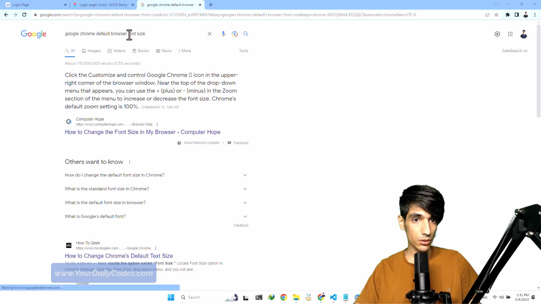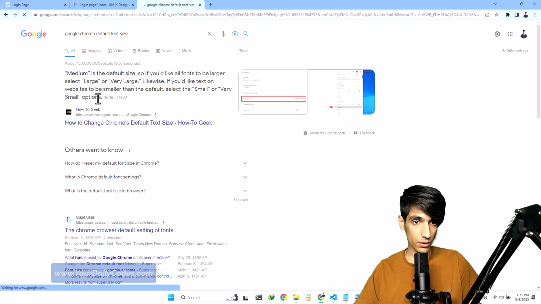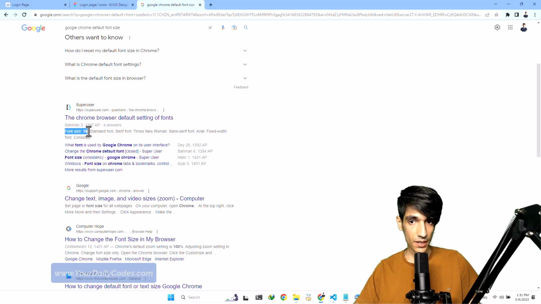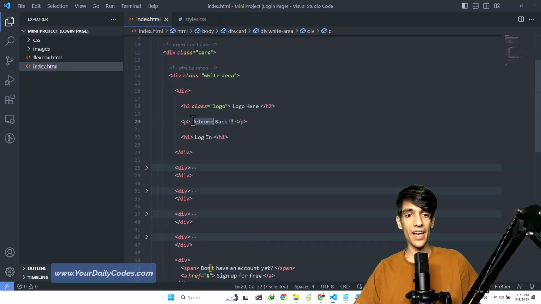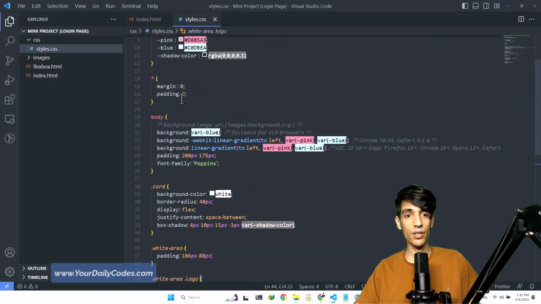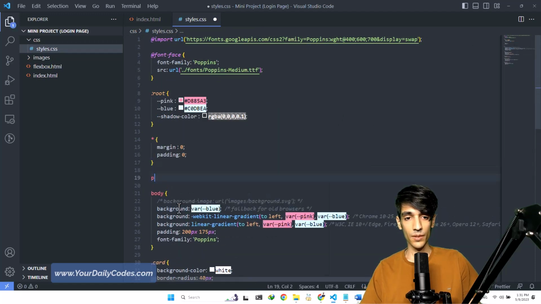Google Chrome default font size, it is 16 pixels maybe. Yes, font size 16 pixel. So it is using 16 pixel, but to ensure that we have that 16 pixel everywhere, there's something that usually